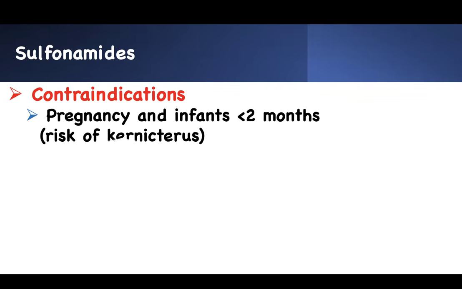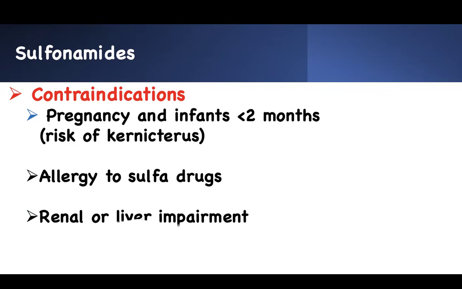And what do we call it? Kernicterus. This is brain damage due to bilirubin. They look yellow, their whole body is yellow, and there is damage to the liver, and then damage to the brain. The next one is you should avoid it with sulfur allergy. If you are allergic to sulfur, you should never take sulfonamide. Even a tiny allergy associated with it, you're going to have a reaction. And then it's cleared by the liver and the kidney. The major portion of it is by the kidney. So if you have a kidney function problem, it's also a problem.